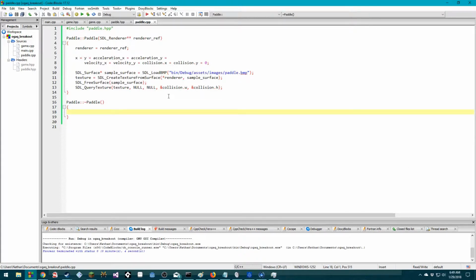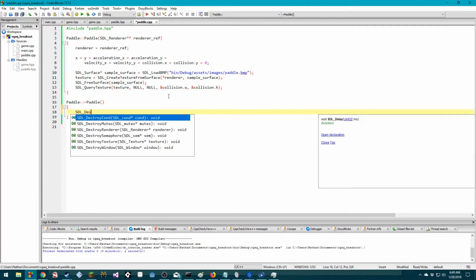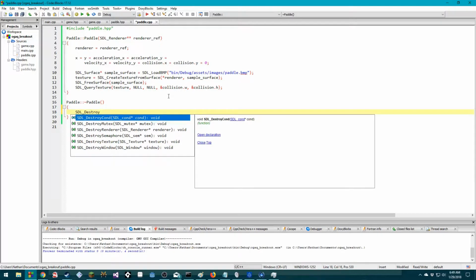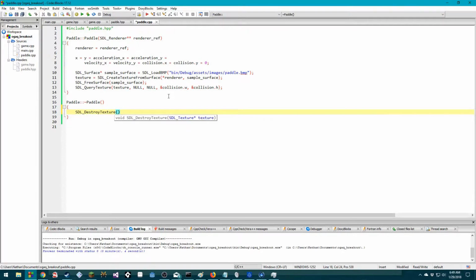So in here, we need to free the texture, destroy texture. I'm guessing destroy is to try to separate SDL2 from SDL1, whereas SDL1 uses free and SDL2 uses destroy, because they never removed all of SDL1's functions. And then